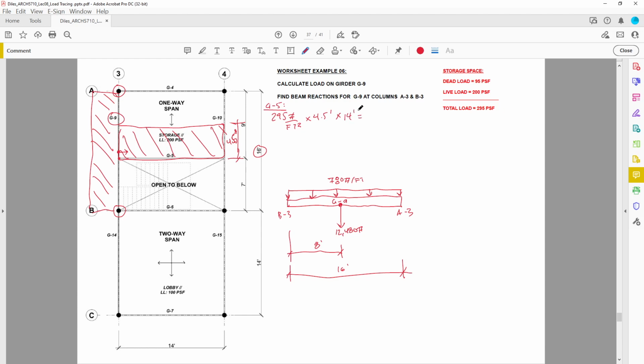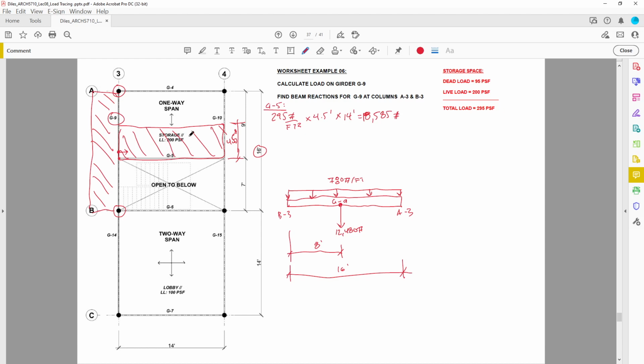So the tributary area multiplied by the overall length multiplied by 295. So that's going to be a total load of 18,585 pounds